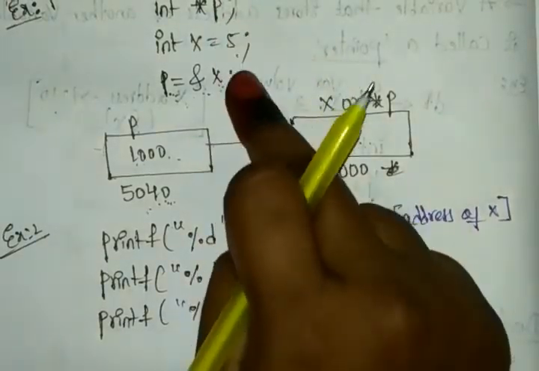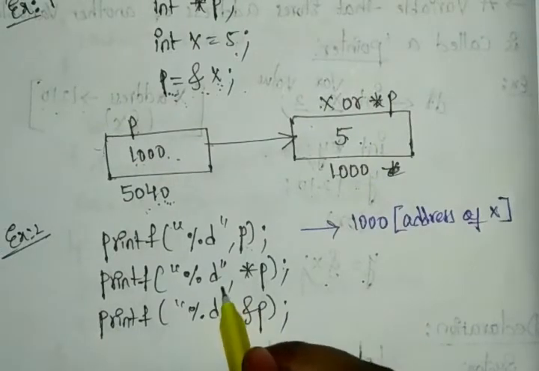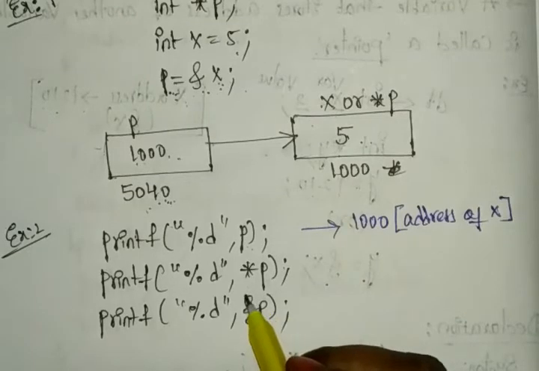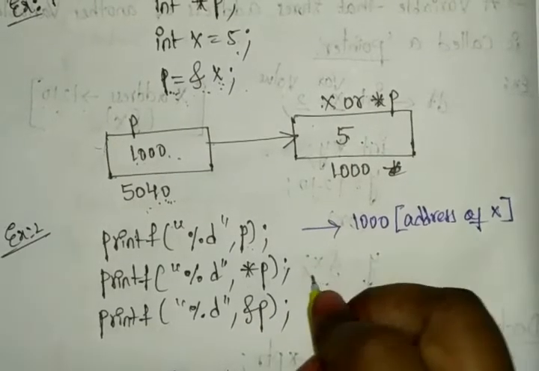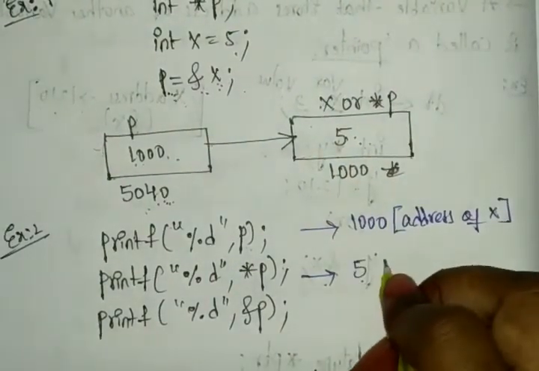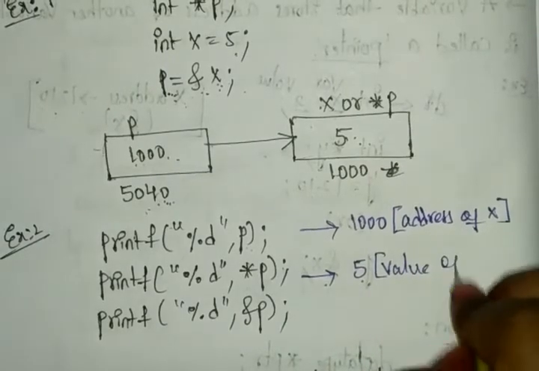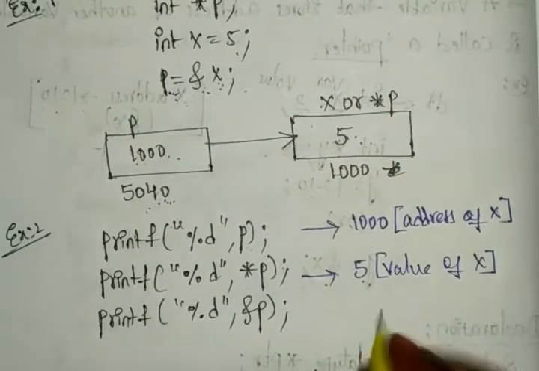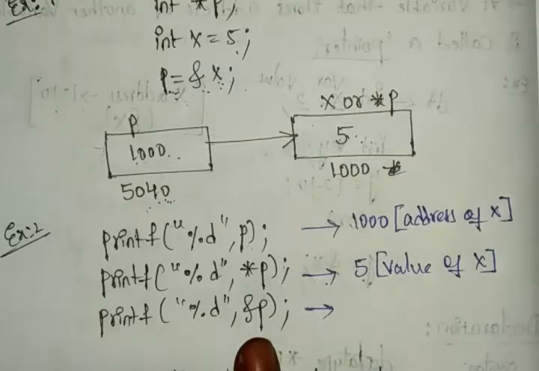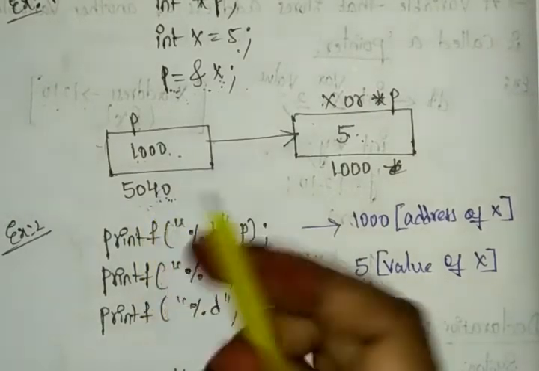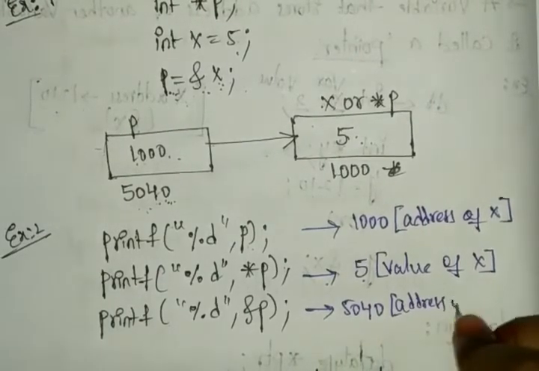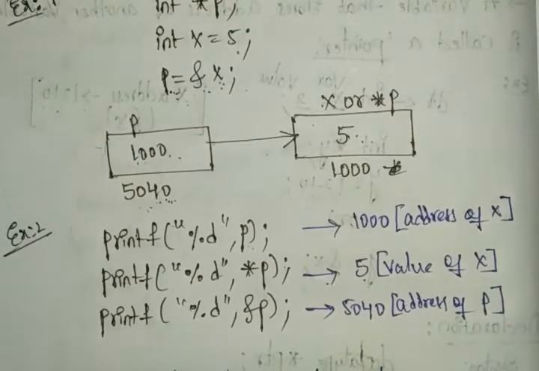So by these lines here we are identifying this one. And next you can see the pointer p we have. The pointer p will be taking the value of the x, which here is 5. You can write here value of the x. And next here we have printf percentile d address of the p. Address of p means here what we have, 50, 40. We can write 50, 40. This is the address of p, not for the x, this is the address of the p.